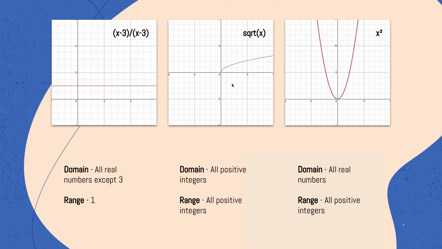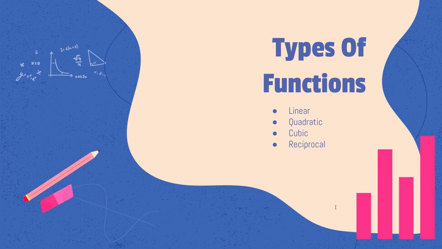You can also see over here that the graph doesn't extend into the negative segment, which is either of these three sectors. Now if we look at the last example, that is x squared. Over here the domain is all real numbers. Any number can be squared, be it negative, 0 or positive. But the range is all positive numbers, as squaring a number can never result in a negative number. So that is why the range is all positive numbers.